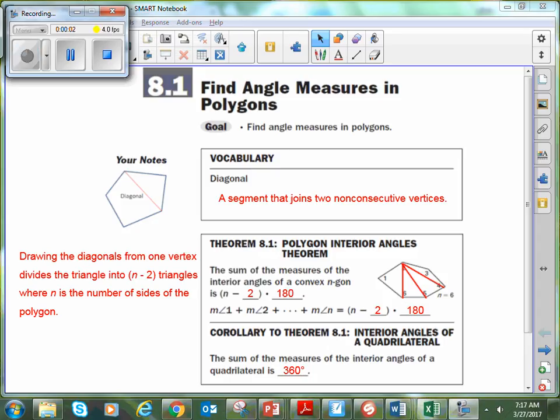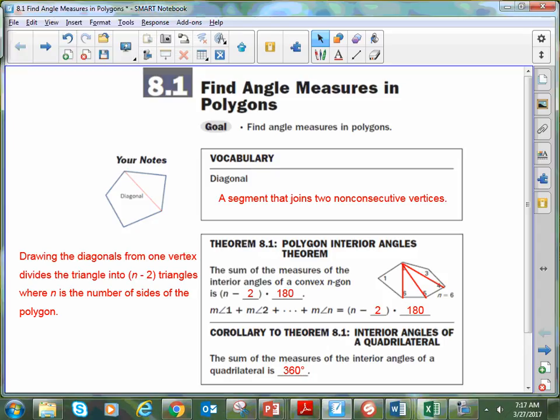Hey everybody, Mr. Piercy here, and we're going to be starting a new unit today where primarily this unit is actually going to be talking about quadrilaterals and the different types of quadrilaterals that we have and their properties associated with them. But before we start talking about quadrilaterals specifically, we're going to talk about polygons in a little bit more general